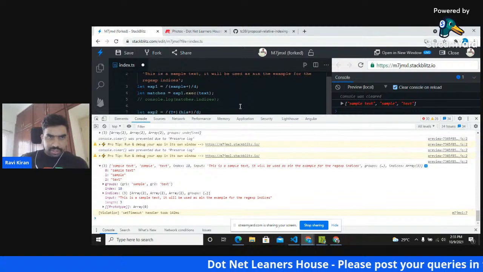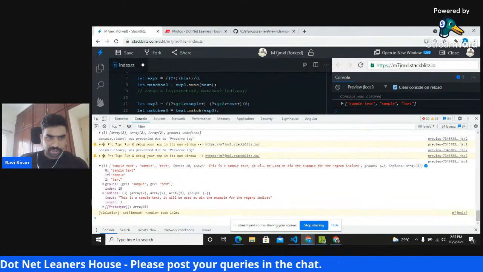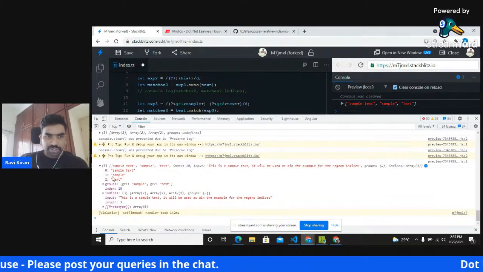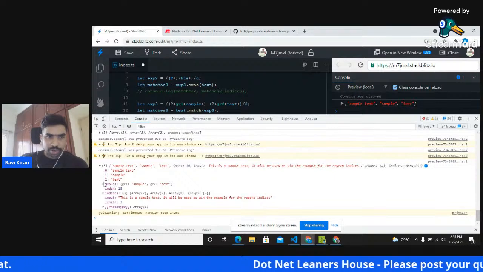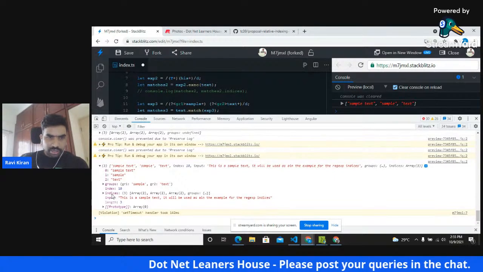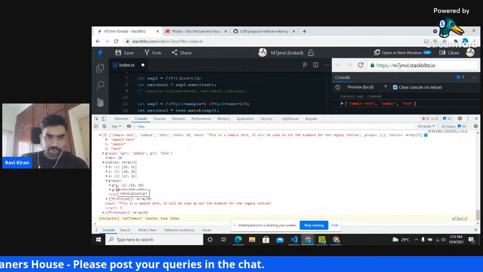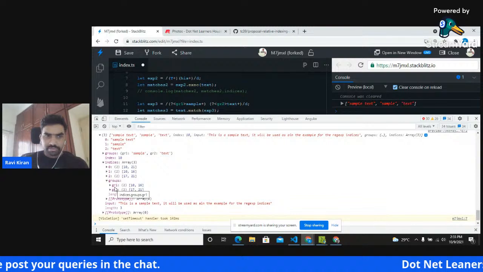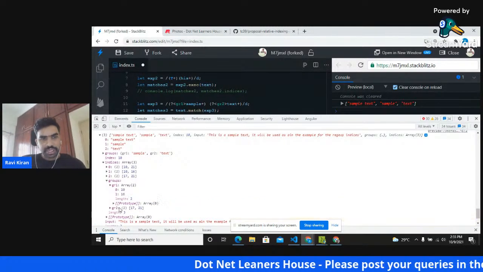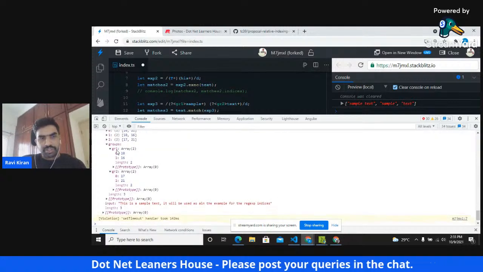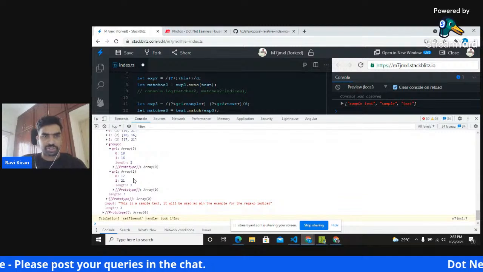here we see the same results that we saw in the previous examples: the complete match, the first match and the second match, and in addition it has the groups populated. Also if you expand the indices, under indices we also have groups, group 1 and group 2, which show the indices between which the group 1 string was matched and the indices between which the group 2 string was matched.